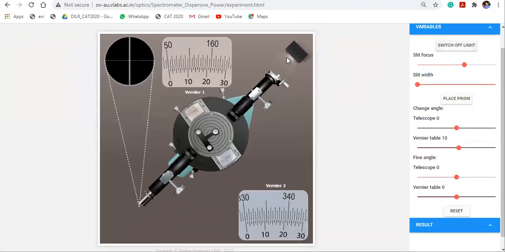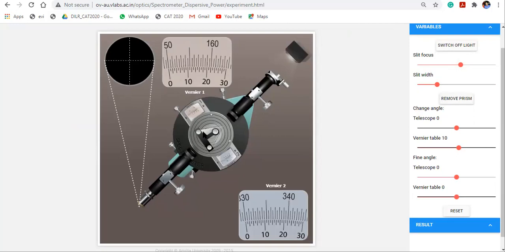Switch on the lights. Now the light enters from the collimator. This is the collimator, and this is the telescope, and this is the eyepiece. We see the image of slit here. Slightly focus and increase the width, and now place the prism.